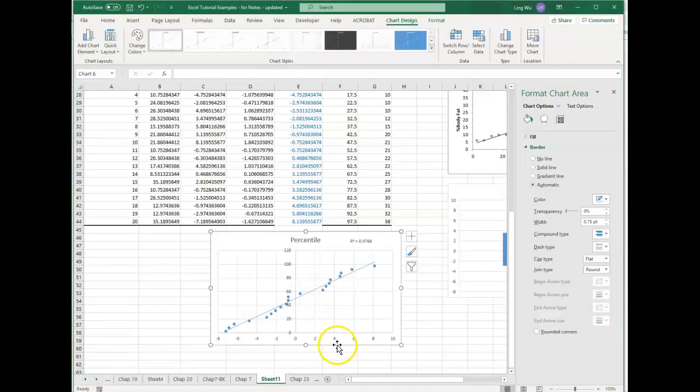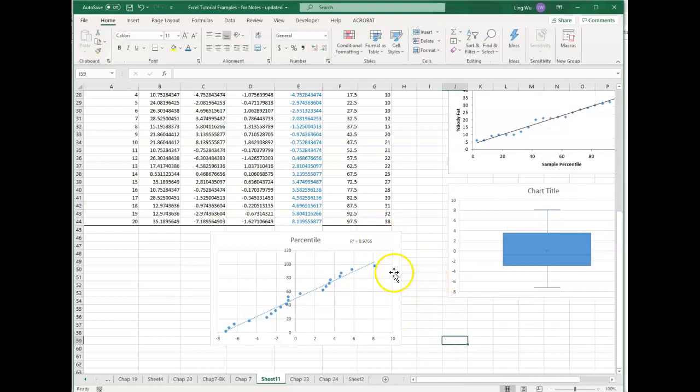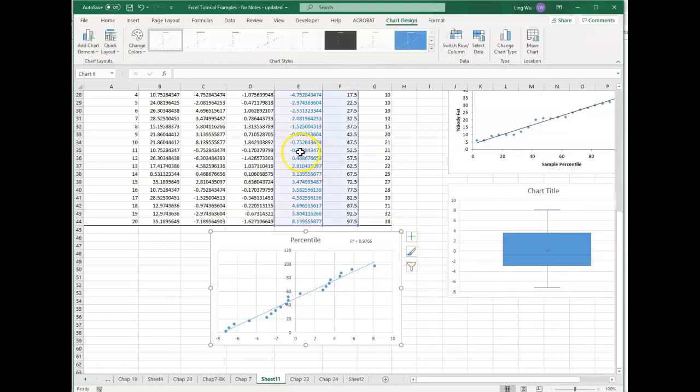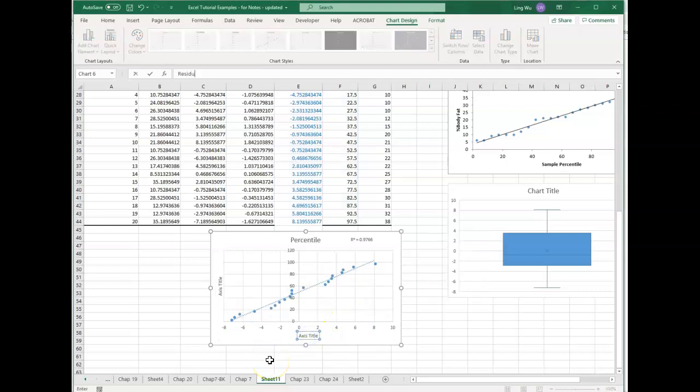The only difference is, let's take a look at this one. So this is the X value, this is the Y value. So basically our Y is the percentile and our X is the residue. So we can just add the